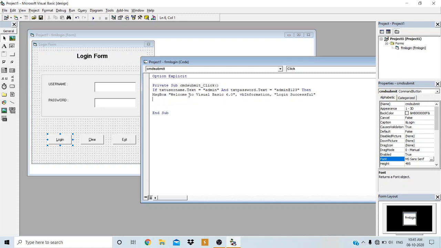Now if this condition fails, then it has to execute the false block. That is Else, MsgBox in double quotes, we have to write "Invalid username or password".